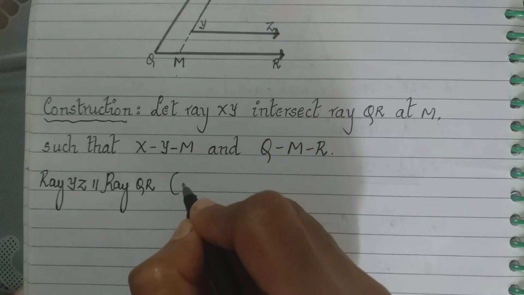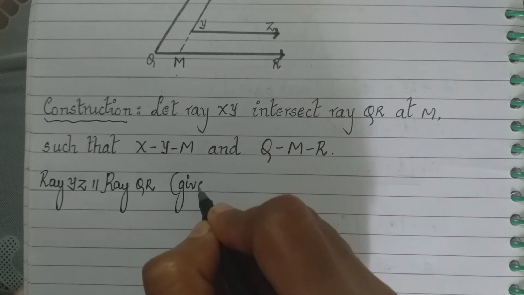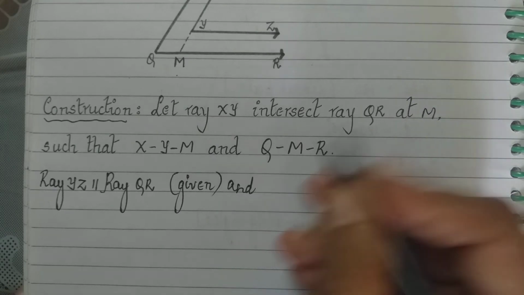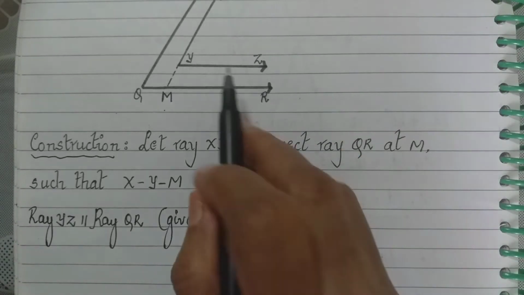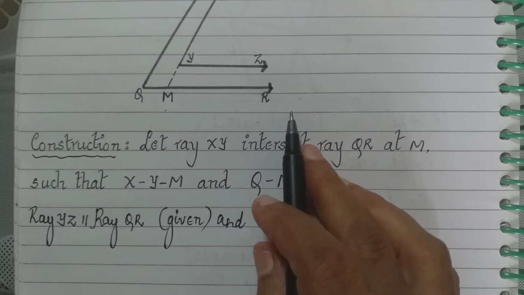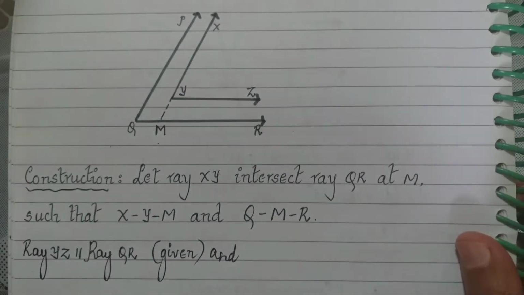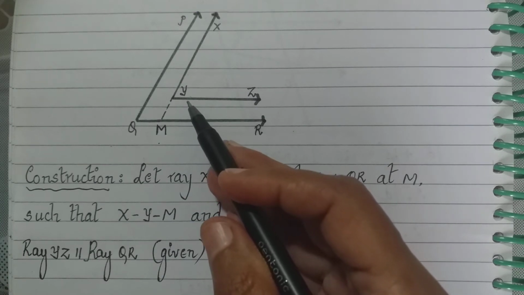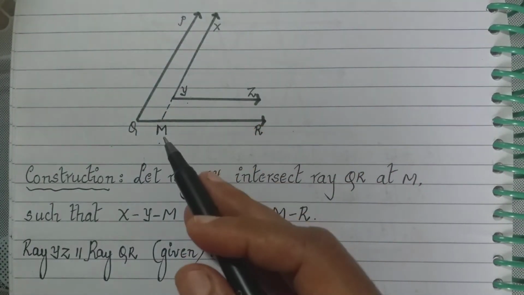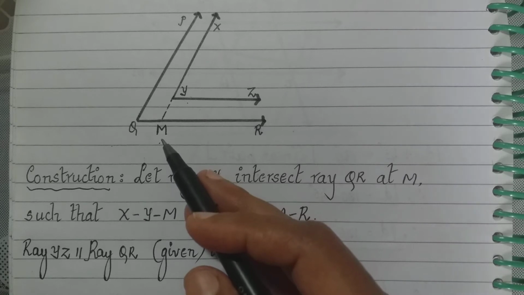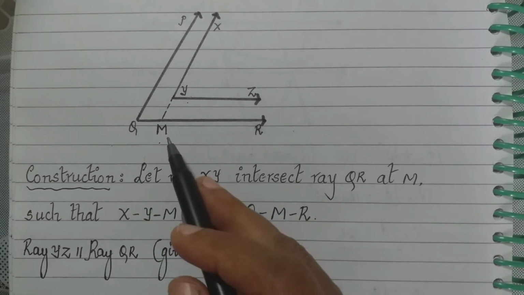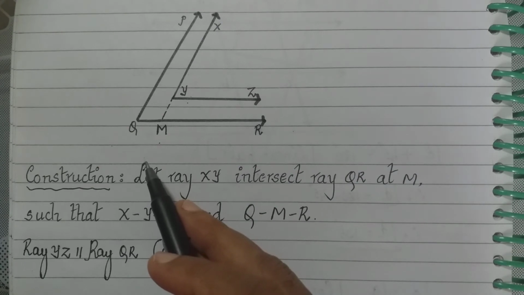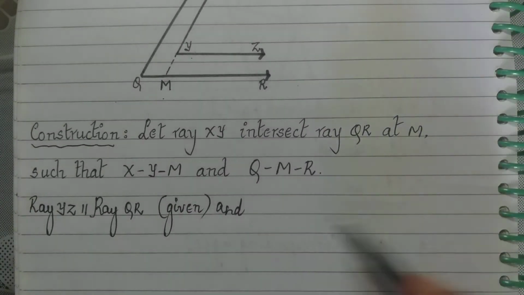It was given to us, that is the sides are parallel to each other. And now look here, ray YZ parallel to ray QR, and now you see here XY will be the transversal. Now when XY is extended, it reaches here to QR at M. So XM can be the transversal